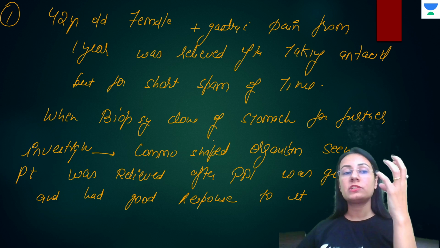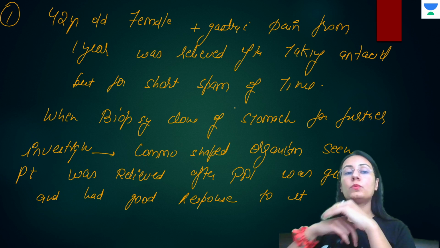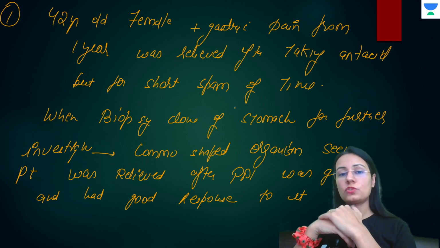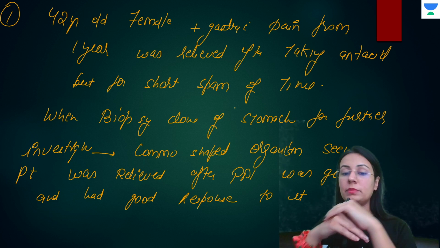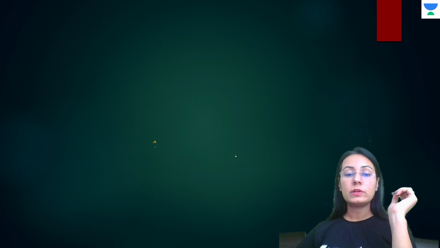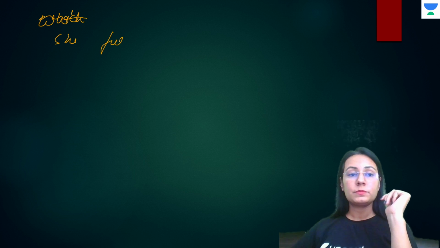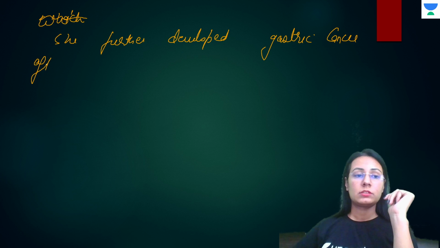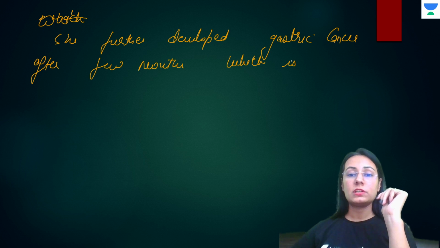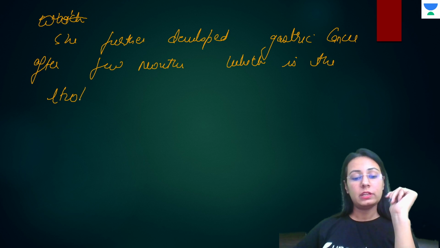Now, question is what? The patient is a 42-year-old female. She is having gastric pain for 1 year, and whenever she takes the antacid, she is totally fine. When the biopsy was done, a comma-shaped organism was seen, and the pain was relieved after PPI, and she had a good response to it. The question further says she further developed gastric cancer after few months, which is the etiological factor